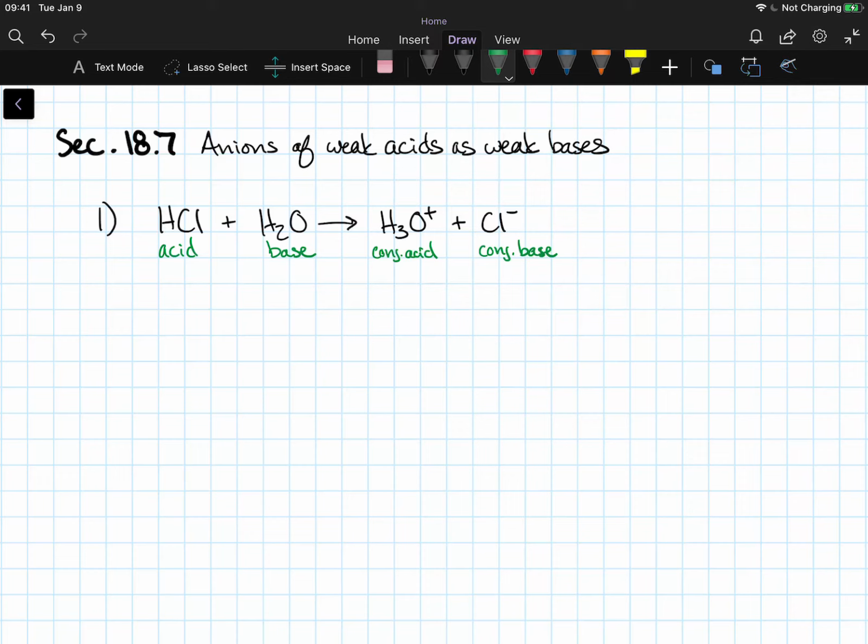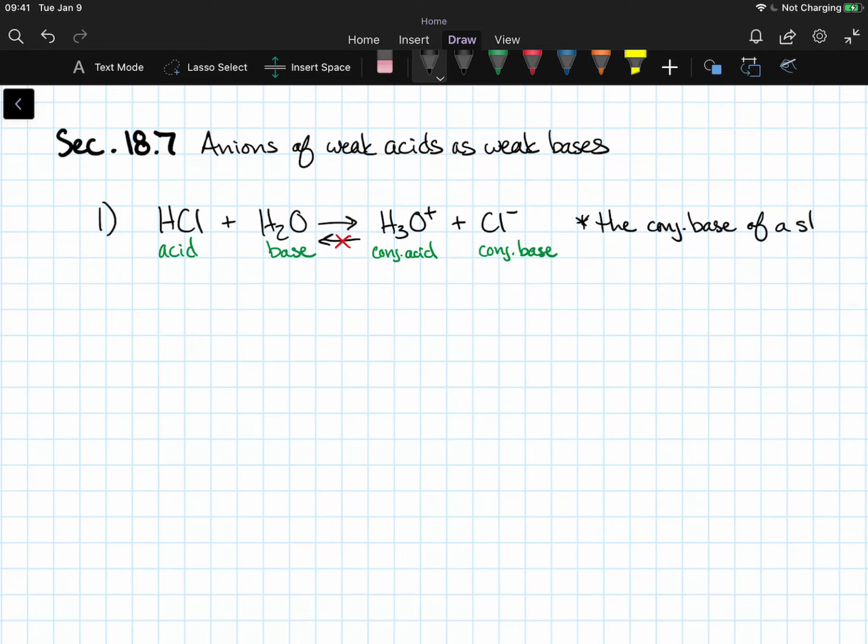So when it says it goes to completion or dissociates completely, that means we form H3O+ and Cl-, and there's no HCl left behind. And that basically also tells us that the reverse reaction just doesn't happen. So this reverse reaction can't happen. And the reason is because chloride is too weak of a base in order to take that proton back from the conjugate acid hydronium. So we can say that the conjugate base